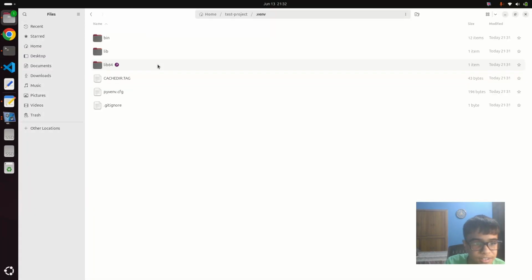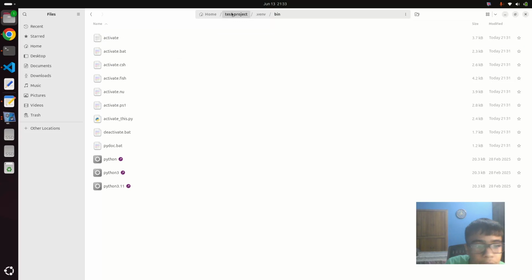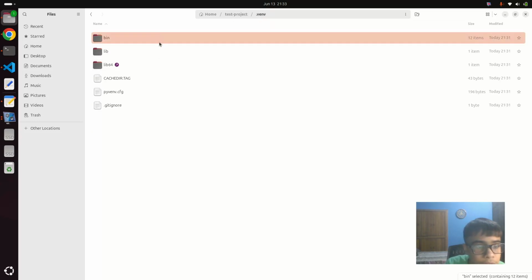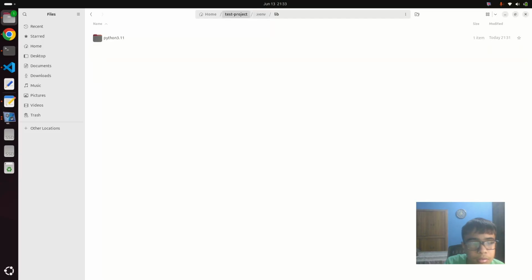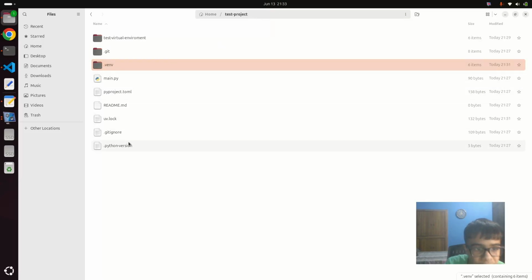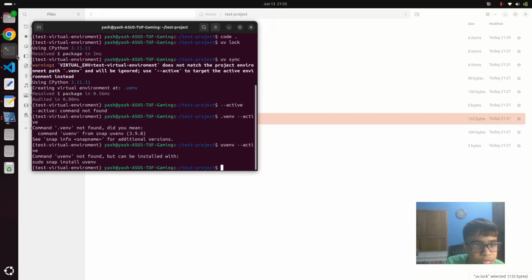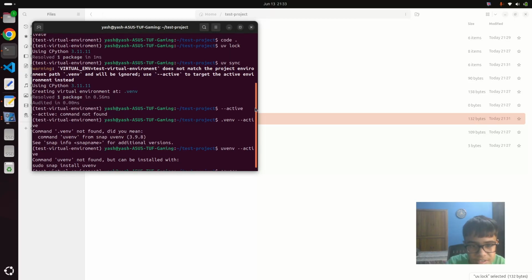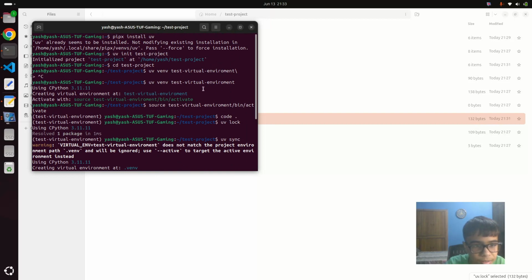Let me try to find where the .venv file is in it. I think I have to use the same command to target the venv file. Maybe, I don't know.